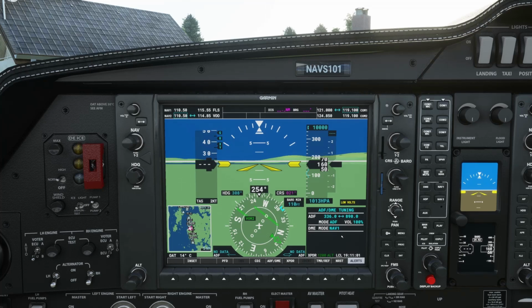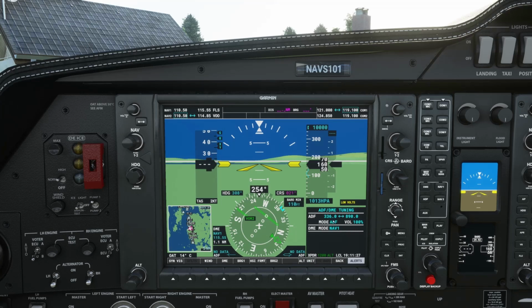Now what we've got here is DME mode nav 1. If I go back to PFD and then click on DME here, it brings up this window. This is just distance measuring equipment, just another way to see how far the VOR is from your aircraft.